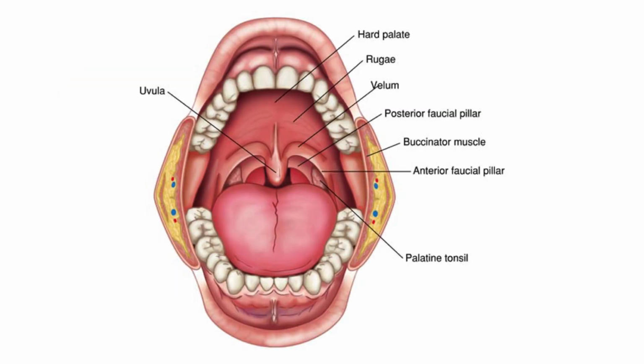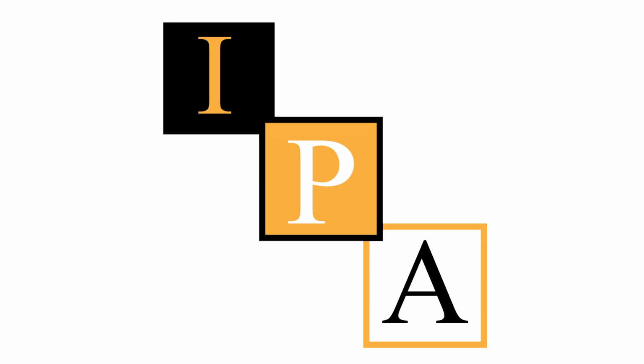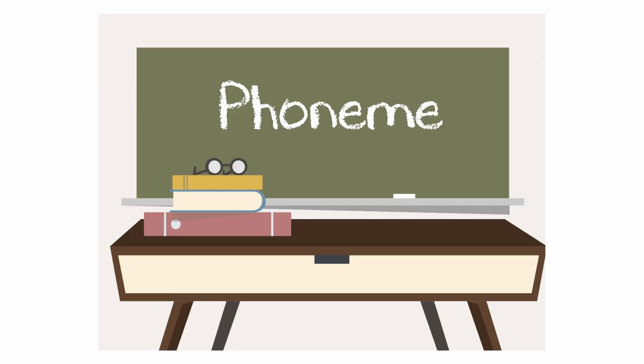The most influential system of articulatory description and transcription of speech sounds has been that of the International Phonetic Association, which aims to provide a phonetic symbol for every phoneme for every language.